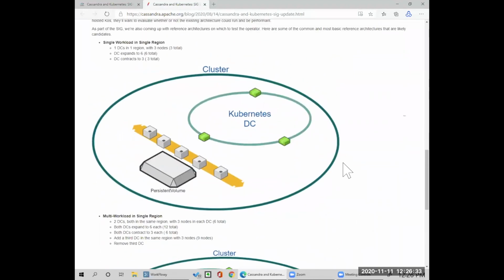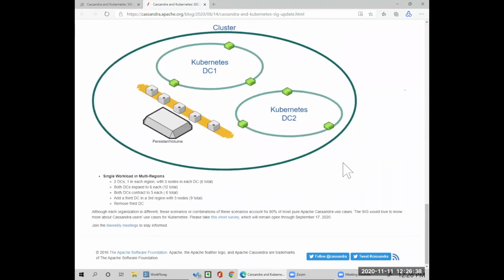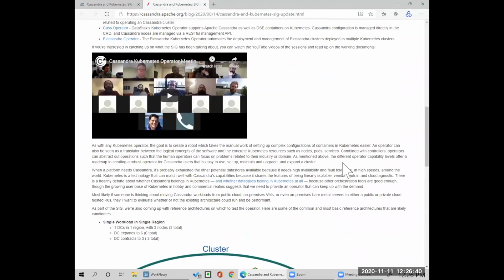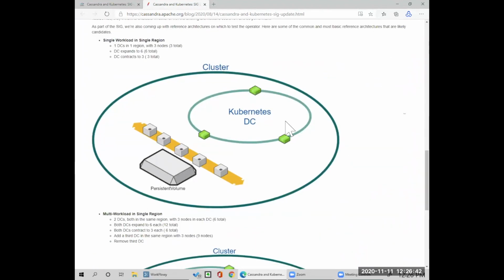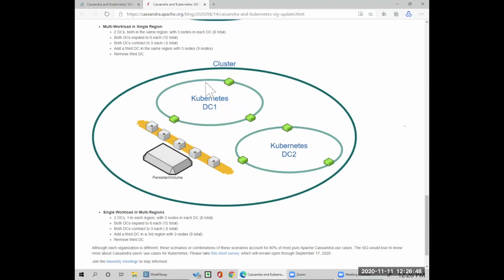And that allows us to think about a couple of different things. We can run Kubernetes on one data center in one cluster, or we can run Kubernetes on two different data centers, same cluster. But where this data center is on AWS, this one could be on Azure.